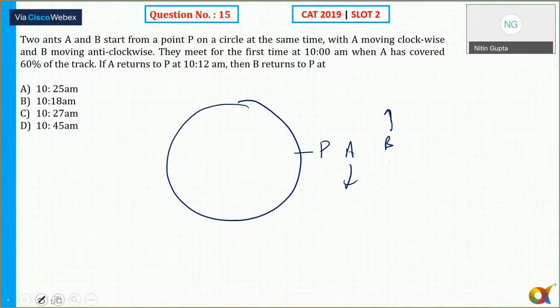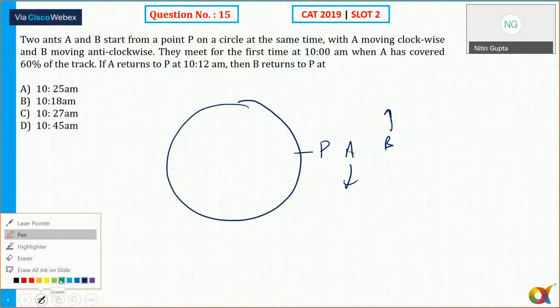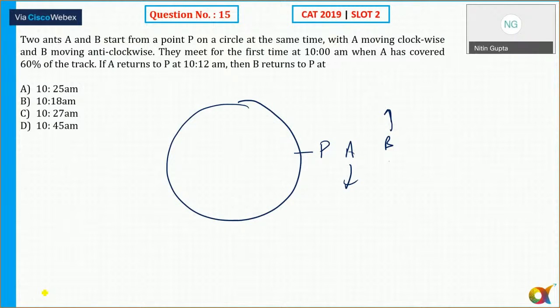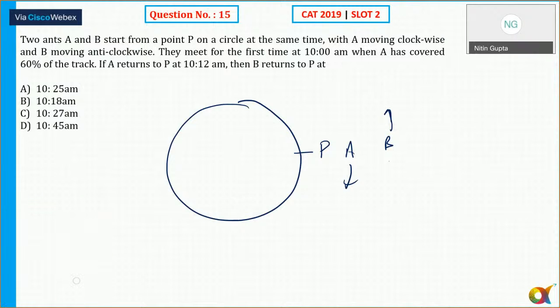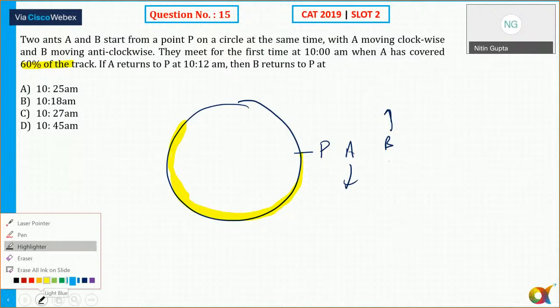They meet for the first time at 10 a.m. Okay. So they meet for the first time at 10 a.m. That is given here. Okay. When A has covered 60% of the track, which means B will cover